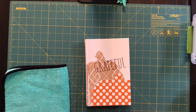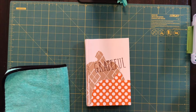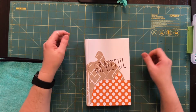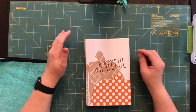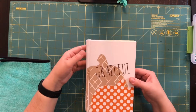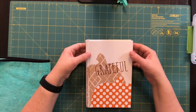I'm a bow girl. I really like bows. So I have to decide what kind of bow I want to put on here. You don't always have to have a bow, obviously. But the only thing I like with these books, because I don't even know what books they are, what they're about, I kind of like to seal them up. It's not that they're bad, it's just, I don't know what they are. So I like to kind of seal them up, but